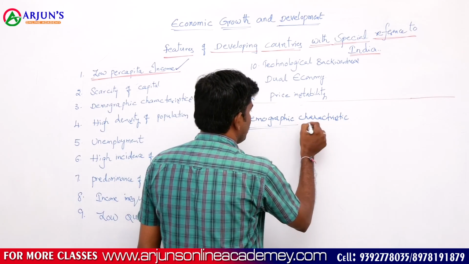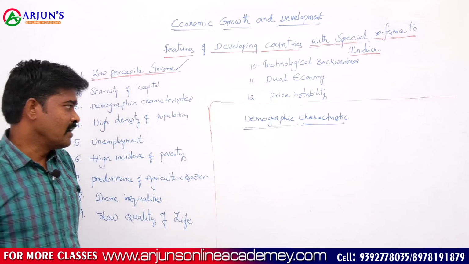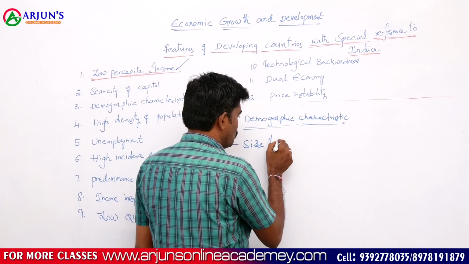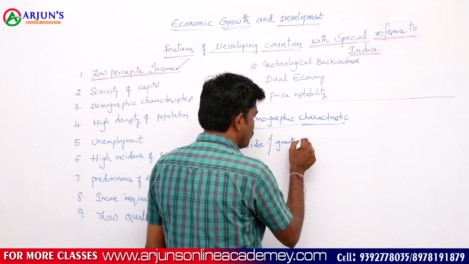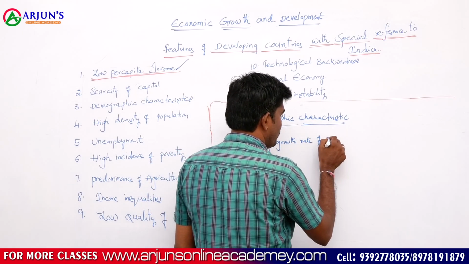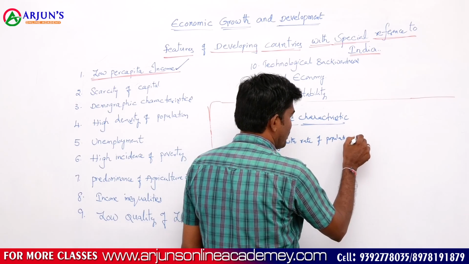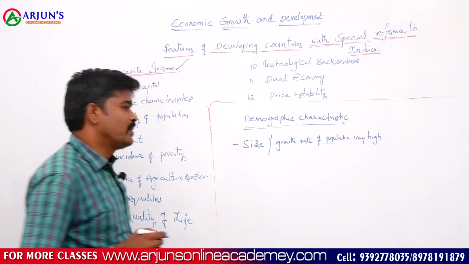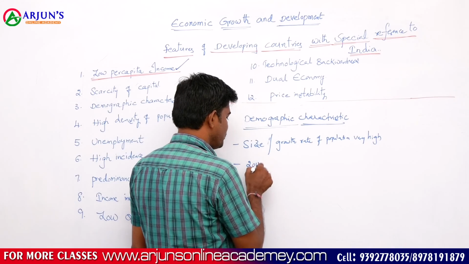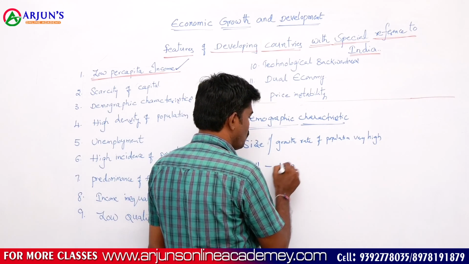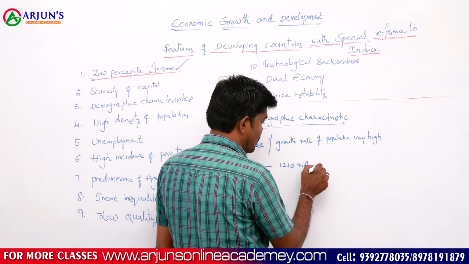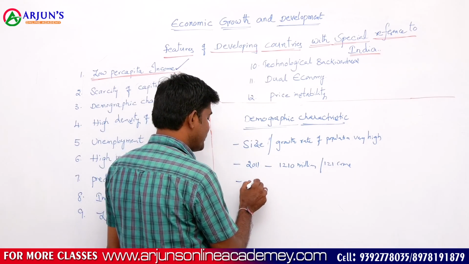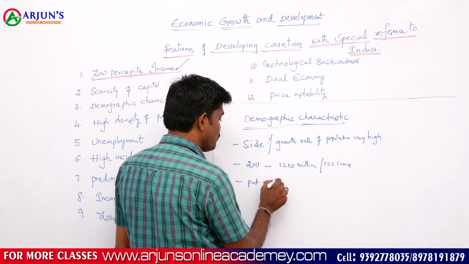Another important character feature of developing economies like India is the size of the population, which is very high. Size and growth rate of population are very high in the case of developing countries when compared to the developed countries. As per the 2011 census report, India's population is 1210 million, or 121 crores. This high size of population puts pressure on natural resources,